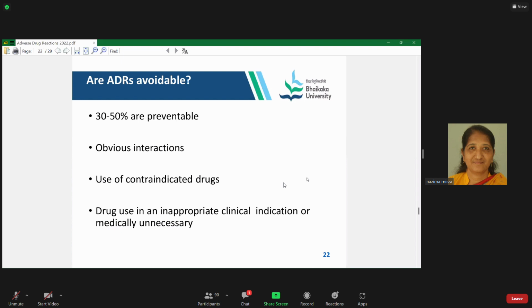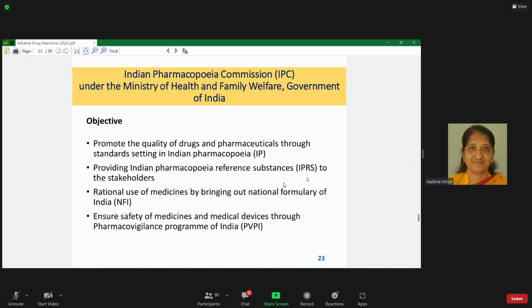So we can avoid, right? Is it avoidable? Yes, we can avoid such use, irrational use, inappropriate use. So we are having the Pharmacovigilance Program of India. Indian Pharmacopoeia Commission under the Ministry of Health and Family Welfare, Government of India started its movement for preventing adverse drug reactions, for monitoring adverse drug reactions